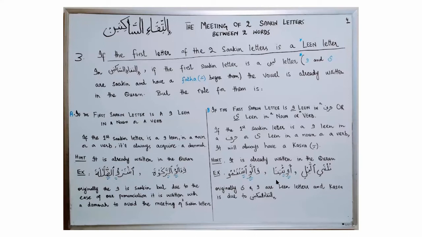In this case, awi'tina. Although this is a sakin waw, this is waw lean, but due to Iltiqa'a Sakinain, this waw gets a kasra. ثلثي الليل. This ya is ya lean, but due to Iltiqa'a Sakinain, it gets a conditional kasra, and we recite it like this: ثلثي الليل. And you will find the vowel already written on them in the Mushaf for the ease of our pronunciation.